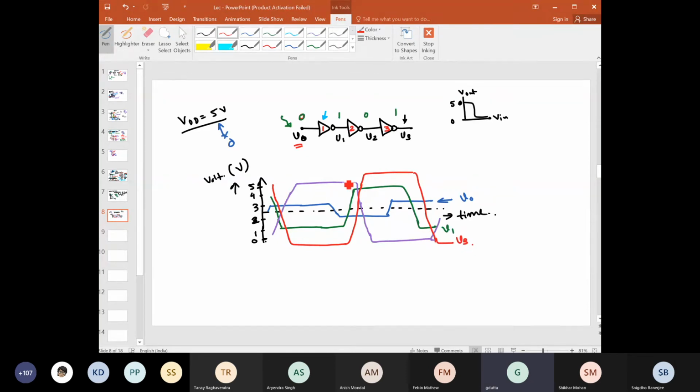So here, using that waveform, the same thing we have drawn from this plot in the last page. This is also almost the same thing, but in terms of waveform with respect to time. So you can see that even though there is a good amount of noise at this input, once they are passing through multiple gates, that noise is getting almost reduced and the signal level is almost getting restored to that expected full swing. If you have understood this, this is the part that we wanted to discuss till here.